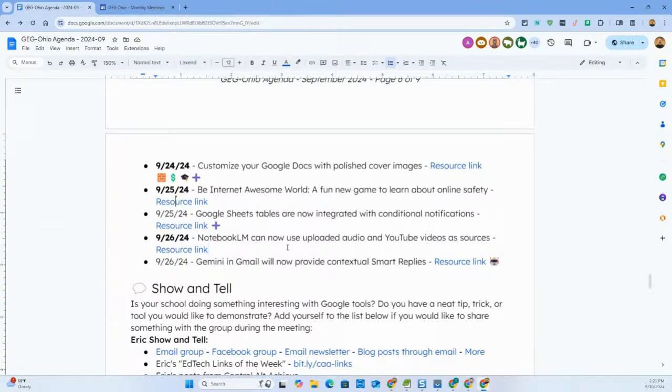With regards to the cover image, Kathleen wants to know, is that on the first page or added to all the pages? Good question. It's going to be just the first page, because